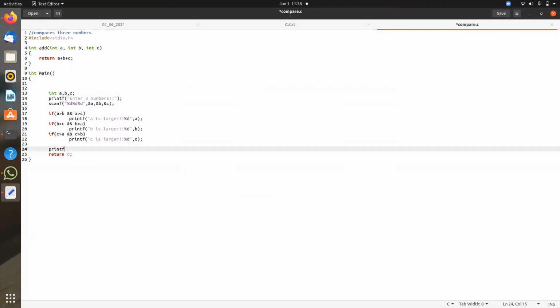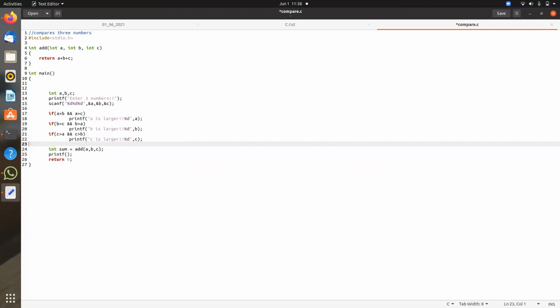printf. int sum is equal to add of a comma b comma c. printf sum of numbers is percentage d, comma sum, right?